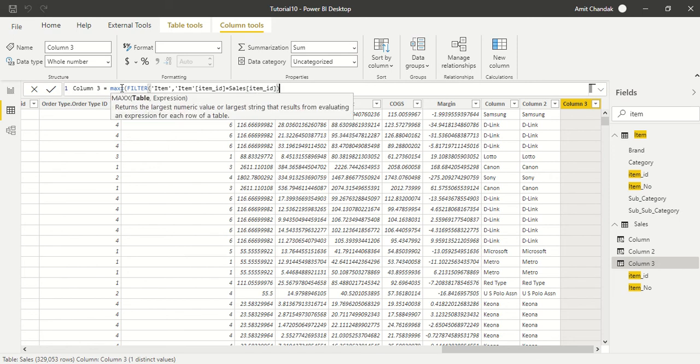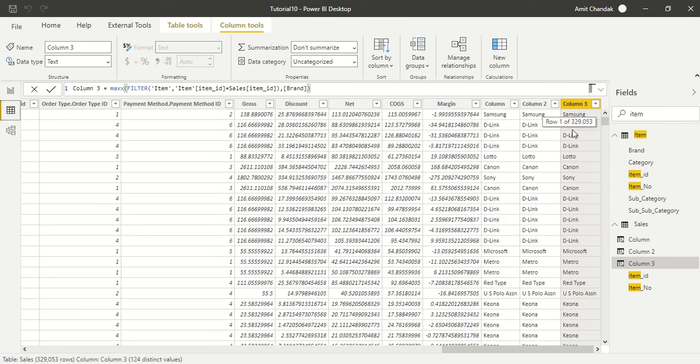Now these are compared. You can have more than one join. If your tables are not joining on a single column and you want to migrate the data from one table to another, you can have equal to joins, between joins, less than equal to. Say you are getting a currency range, you can have all those kinds of permutation combinations here. But right now we have a pretty simple equal to join, and the filter is completed. Then we say item dot brand. We want brand, so we say brand. And we got again the same values. Now all three columns have the same kind of result.